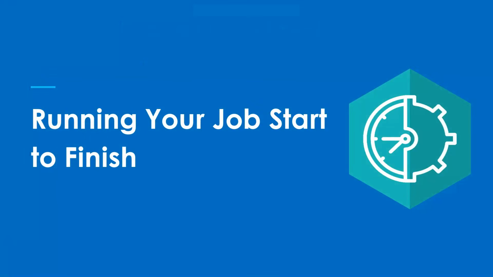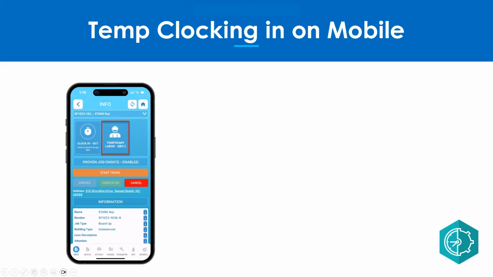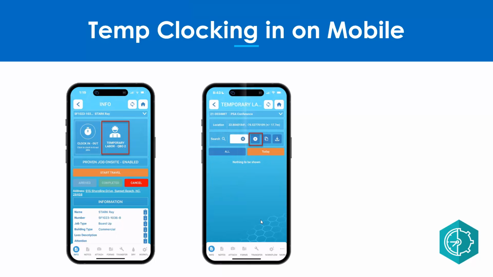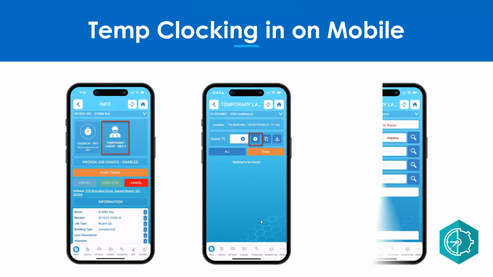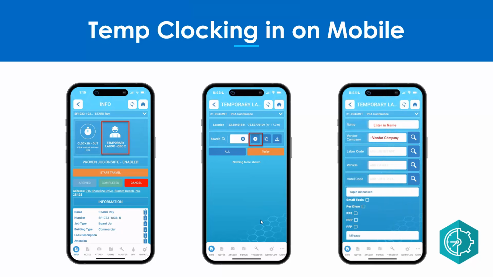Now finally, let's take a look at running your job start to finish. On the mobile application with your signed in users such as a project manager, estimator, team lead, etc., they are going to select the temporary labor clock in item from the job on the mobile application. Once selected, it will bring you to the temporary labor clock in screen. They will select the plus icon to create a new temp labor clock in. When it's chosen, they will enter in the name of the temporary labor or external labor, the vendor company,